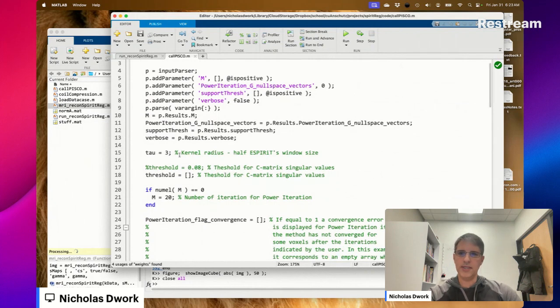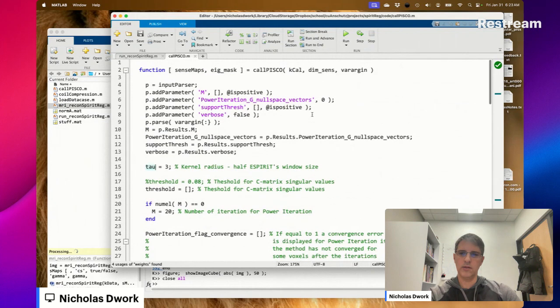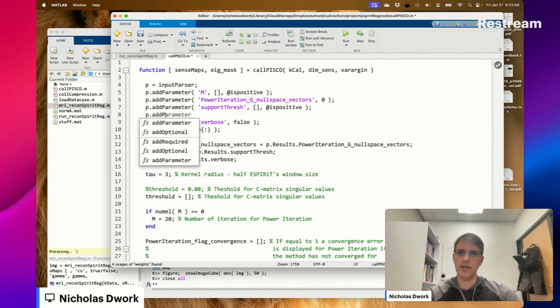So Pisco has this dimension that is tau. This parameter that's tau. Let's expose that parameter.